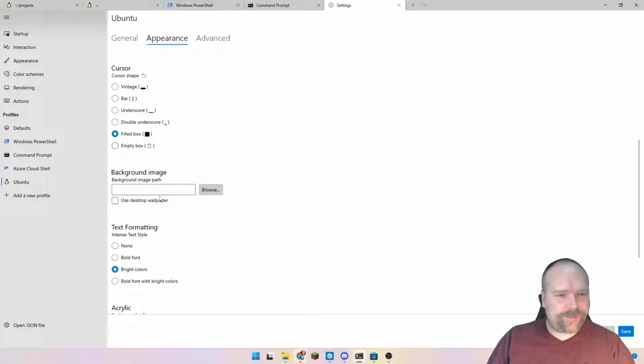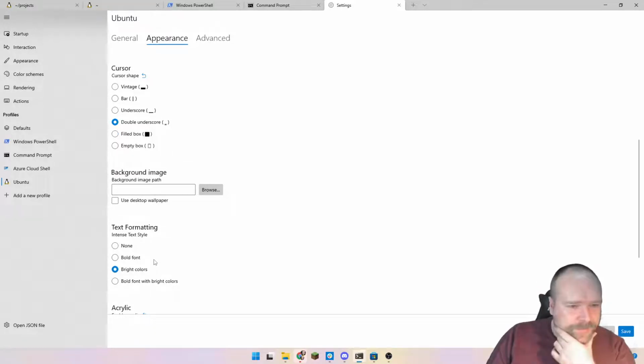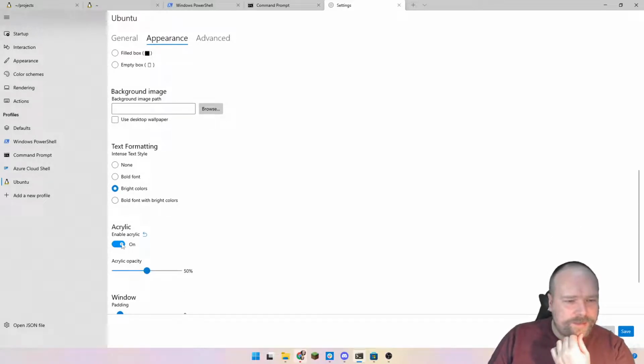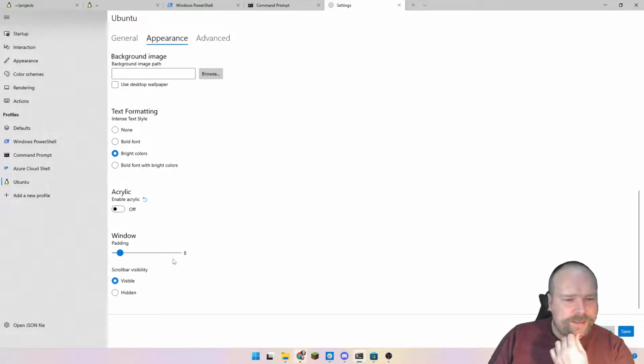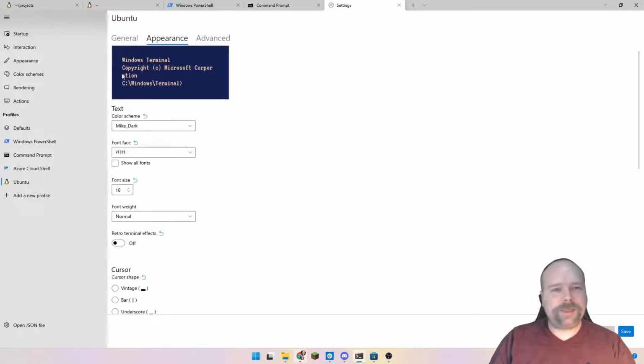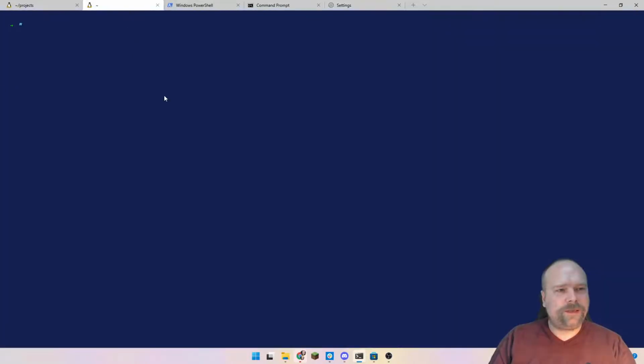Let us check the filled box right there. I can also take double underscore. I don't think I've ever used that actually. So text formatting, bright colors, acrylic. It's just so we can make it so we can look through it. So transparent. Here we have some Windows padding, just for fun. We can actually set it up a little bit. Scroll bar visibility, visible or hidden. Let us save these changes right here, and let us go back to our